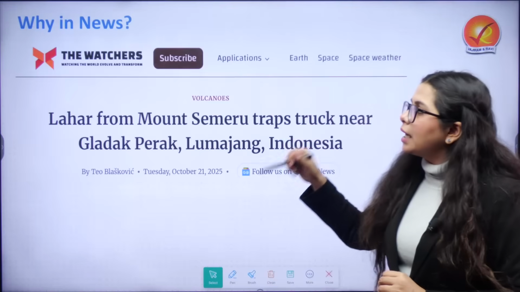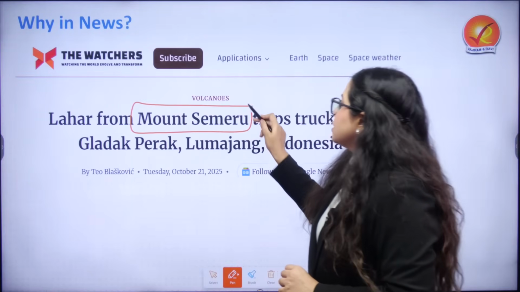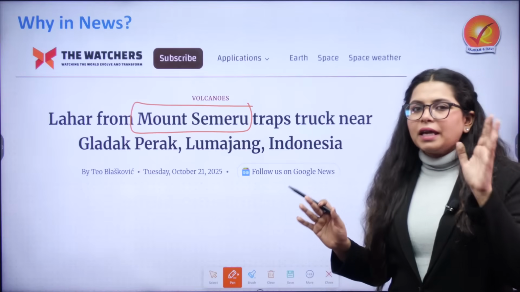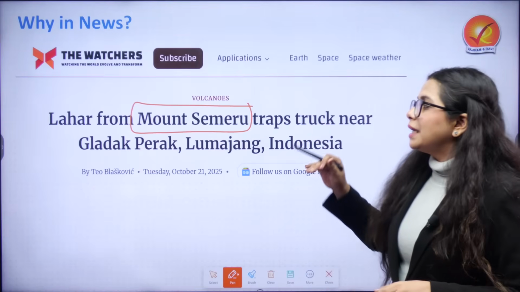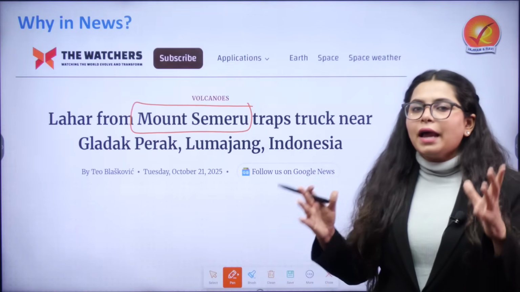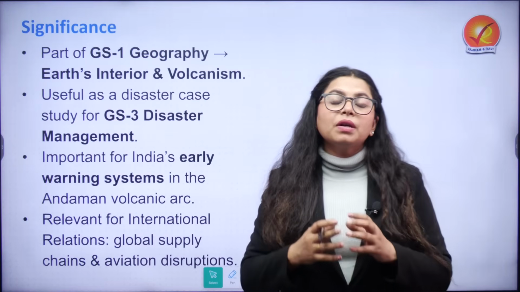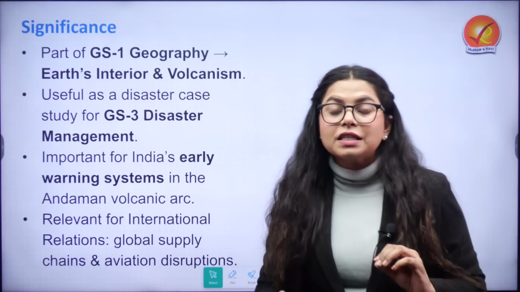Now, when we talk about Lahar, recently it has been in the news because of Mount Semeru. Mount Semeru erupted way back last month, but it gradually induced the mud flow, and because of that heavy damage has been caused. Such terms become very important from the perspective of GS1